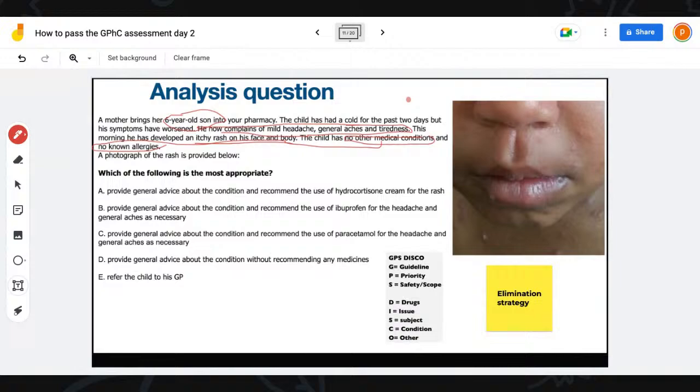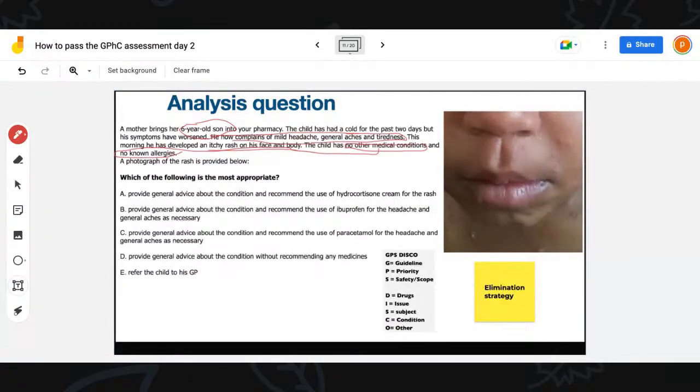Guys, I'm taking my time to explain this, and it may look like it takes time at the beginning, but I promise you, once you practice this, it will be so easy. I can do this within 2 seconds. Once you use the strategy a few times, you're going to notice your speed is so quick. You don't even need to go in the order of DISCO. I just go, okay, this is an issue, straight away a drug, boom, that's the scope, and then you have your answer.